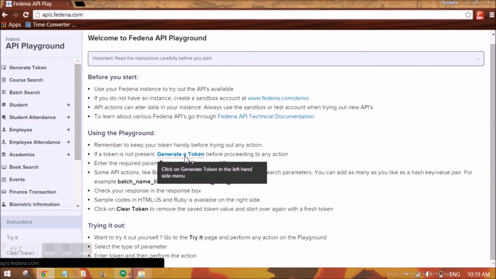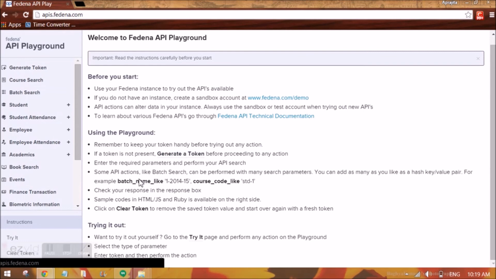And then we have to generate a token if it is not already there. And the parameters, the way we mention them, we can see the response in the output box, and we can see HTML and Ruby code as well. We can also use this option of clear token from here, and the try out page, which helps you perform any action on the playground. So have fun exploring the Fedena API Playground.